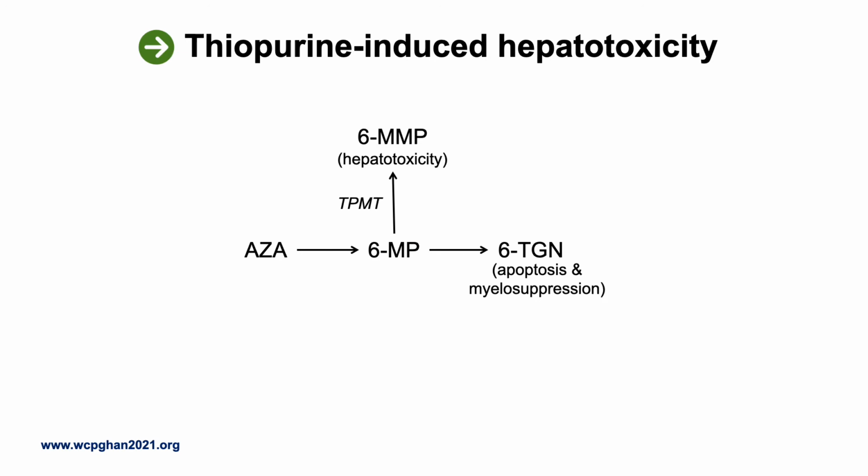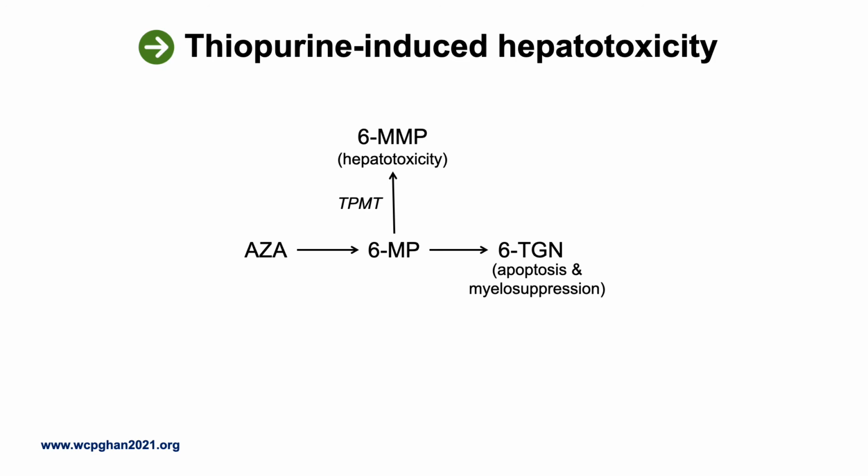And then on thiopurine-induced hepatotoxicity. Azathioprine and 6-mercaptopurine, 6-MP, are prodrugs. Only after transformation into 6-TGN, the drug becomes effective in T lymphocytes. In all patients, a proportion of 6-MP is metabolized into 6-MMP. Approximately 10 to 20% of the patients has thiopurine hypermethylation, which leads to higher levels of 6-MMP, causing hepatotoxicity, and